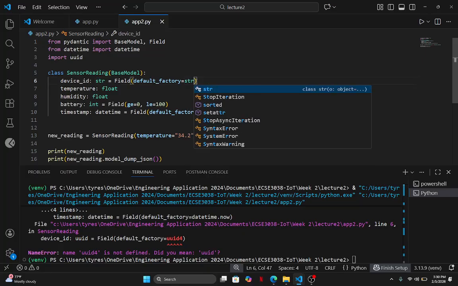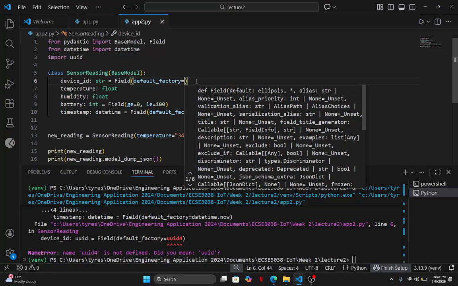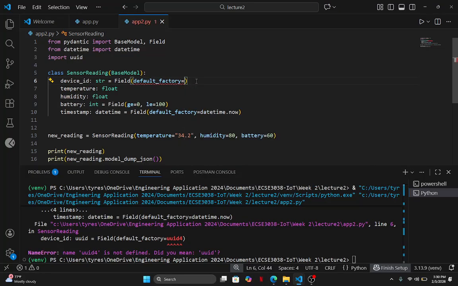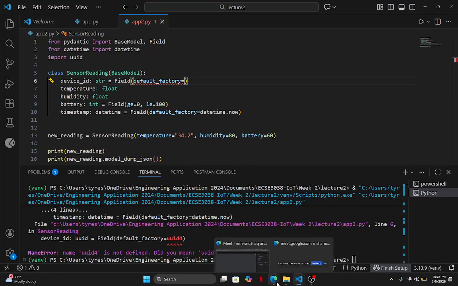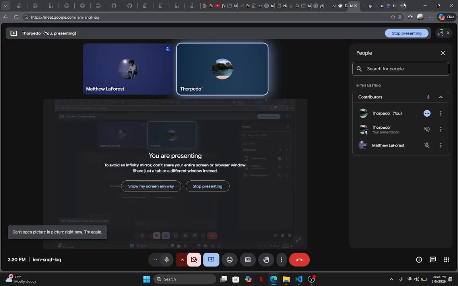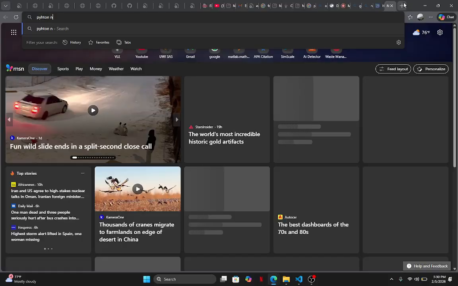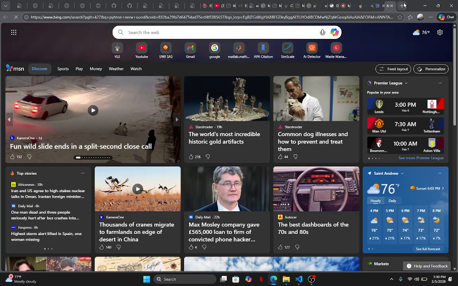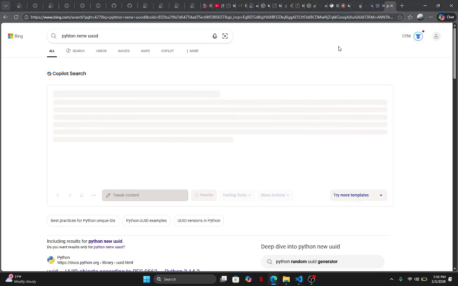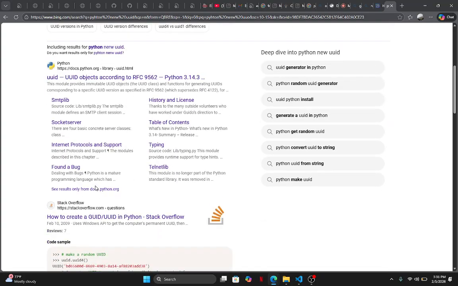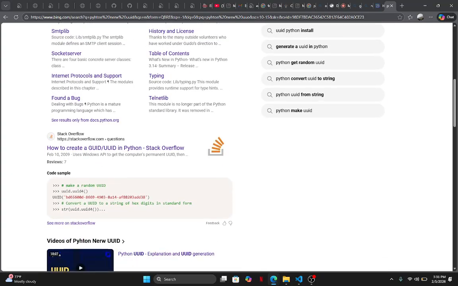Let me see, can I do this? String? No, I probably can't. Let me look it up real quick. Oh, I can use UUID 4, okay.